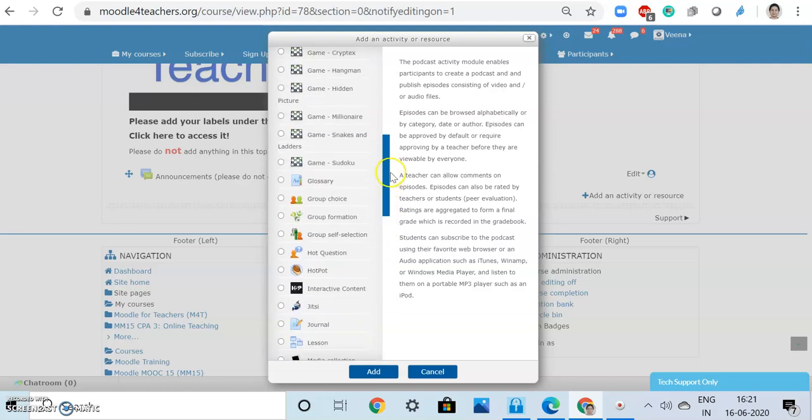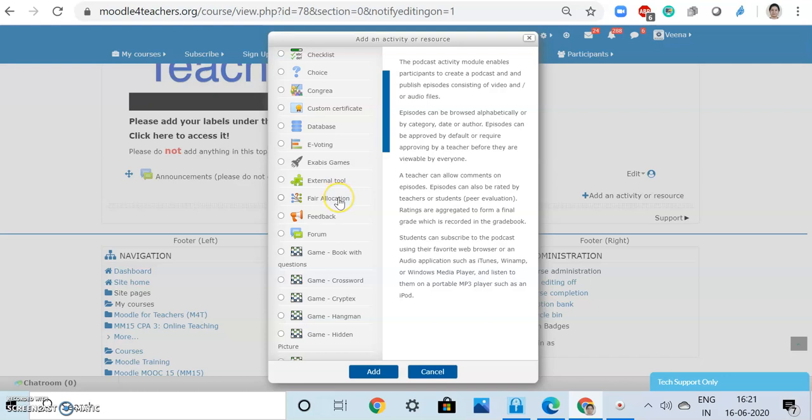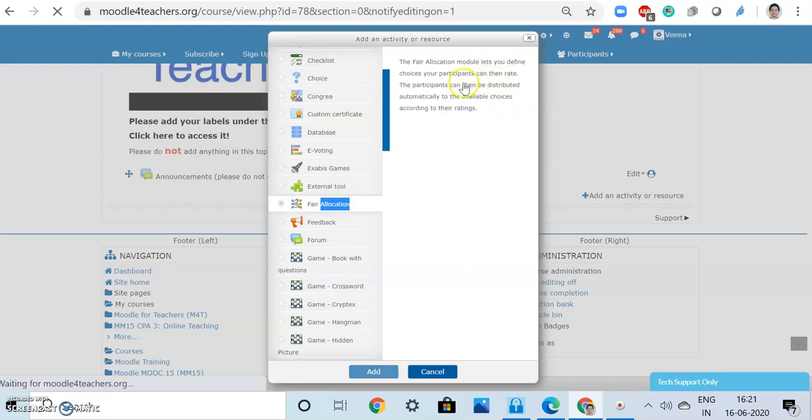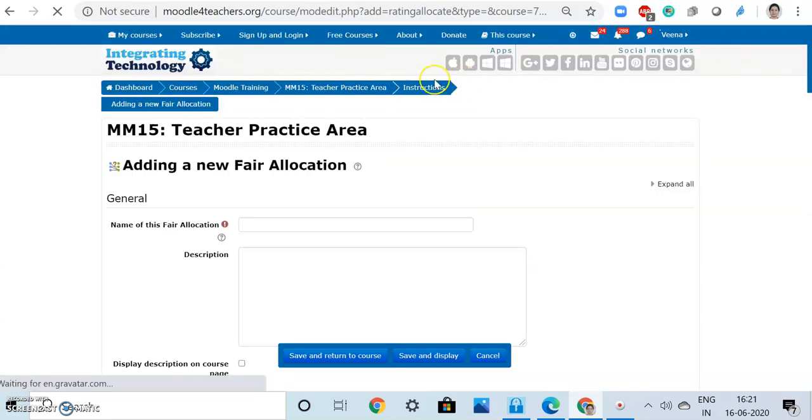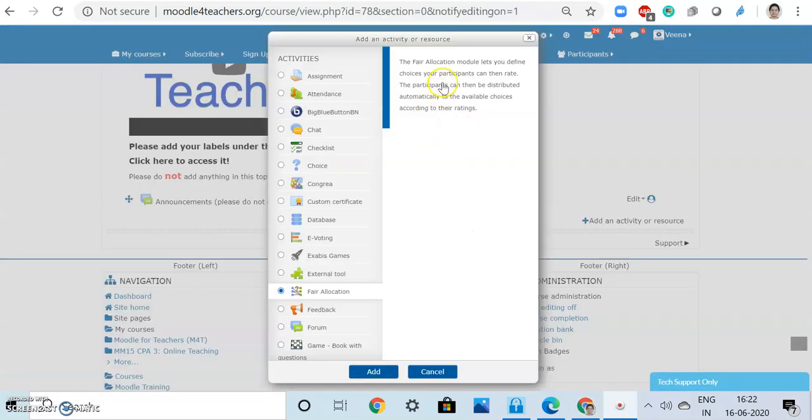Now next was coming to fair allocation. Now fair allocation allows you to define your choices. You can distribute the participants automatically depending upon their available choices according to the ratings which are defined by the participants. So this is your distribution of students. So distribution of students can also be done by